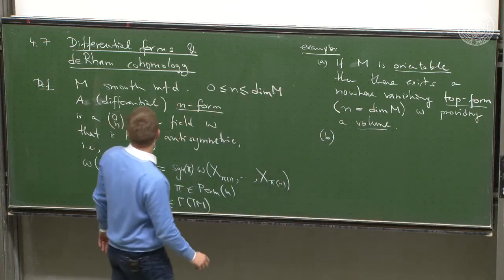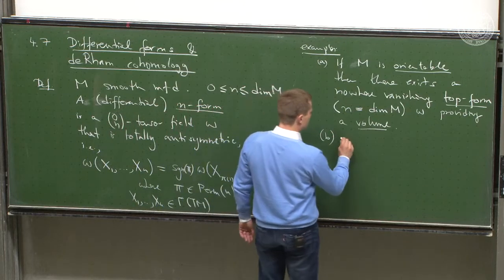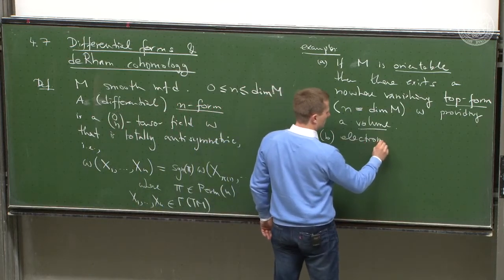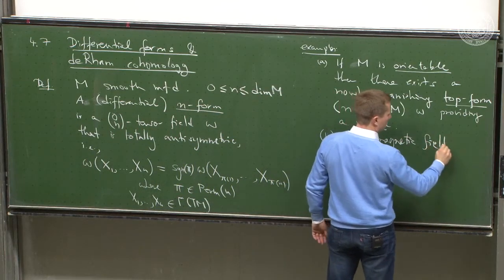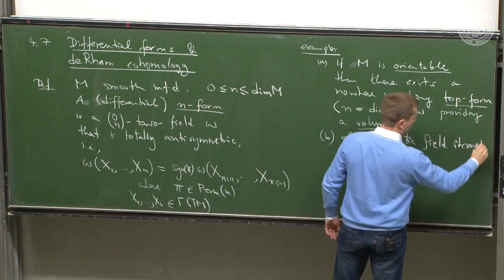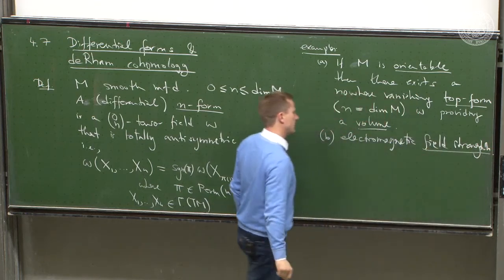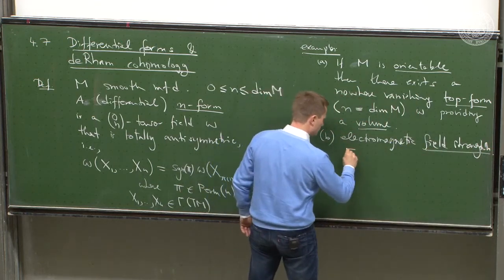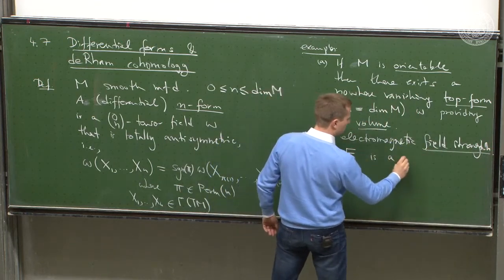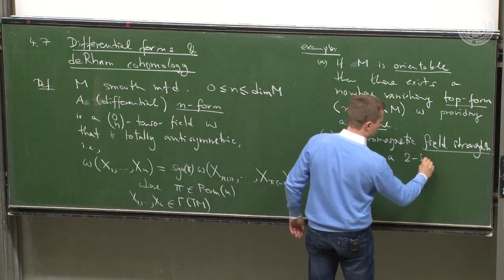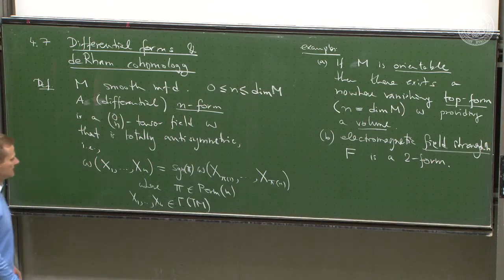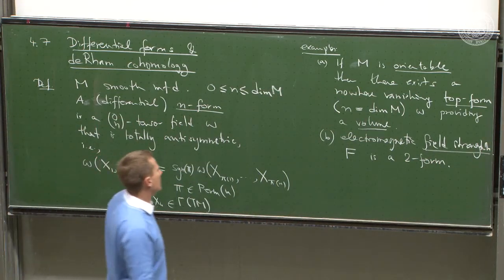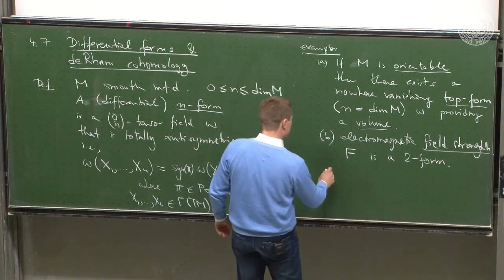B, for instance, the electromagnetic field strength F is a 2-form. That's the Faraday tensor. And finally, C,